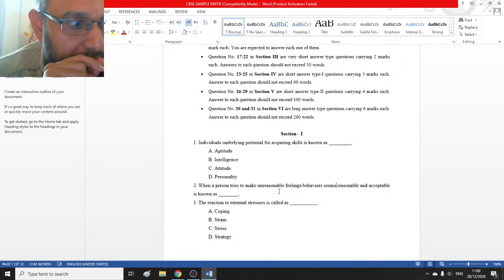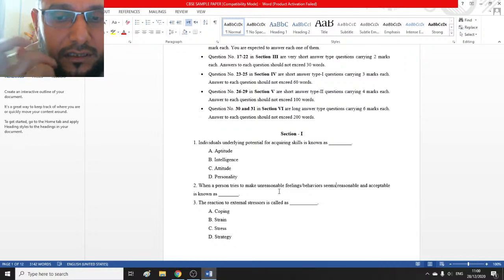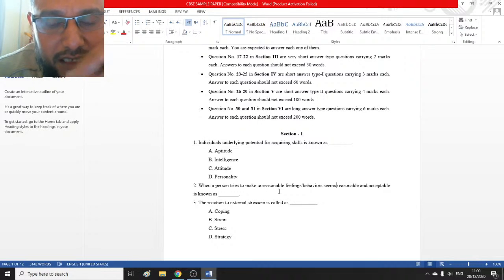Rationalization means an individual perceives unreasonable things also in a reasonable way. Like an individual after buying a new pen saying that I am going to do well in the coming exam, I'm going to write in a much better way with this pen. You see, this is unreasonable. Whatever you did not achieve, you start saying that I don't want this. Like the fox and the grapes story, the fox tries to reach the grapes and fails, and finally says, I don't want these grapes, they are sour or bitter. Such types of statements you see here.